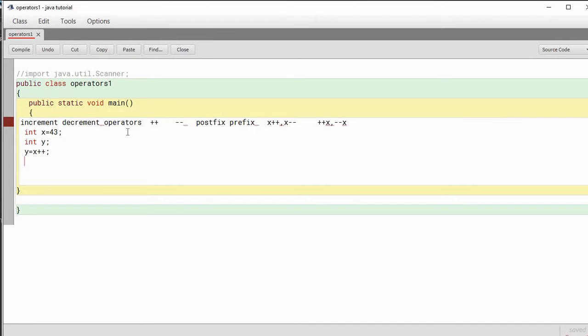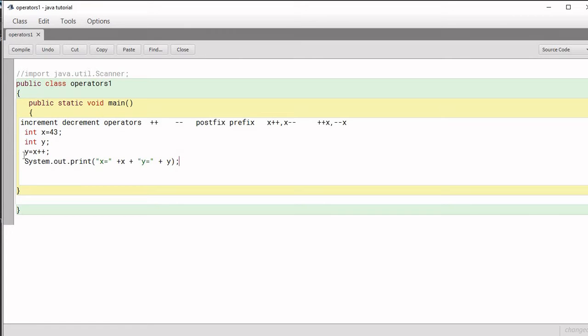I have written here y equal to x plus plus, and now I am going to print both the values, x and y, with System.out.print. I will write x equal to, and y equal to, y.